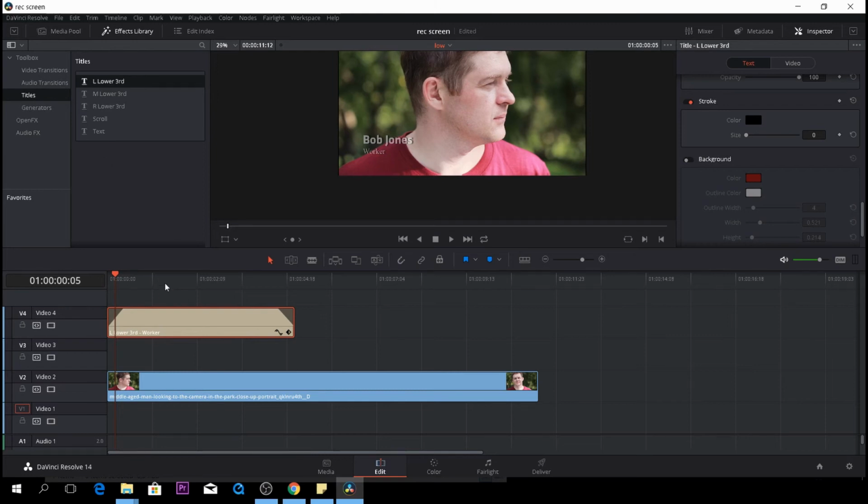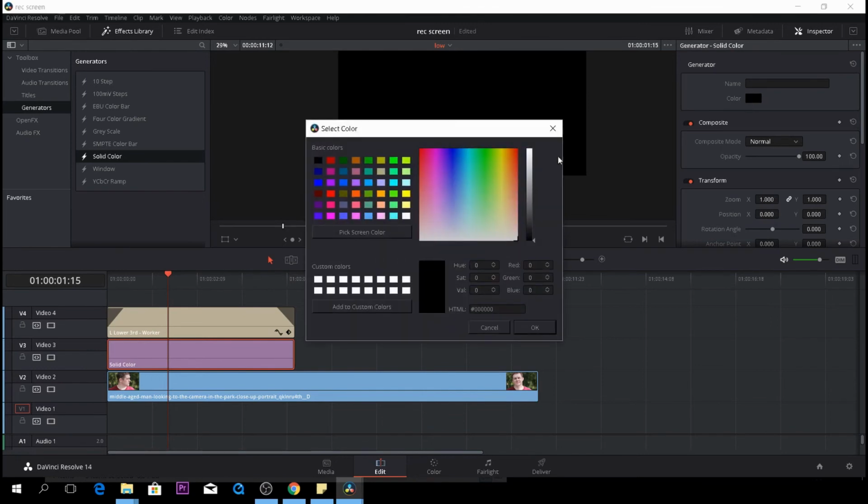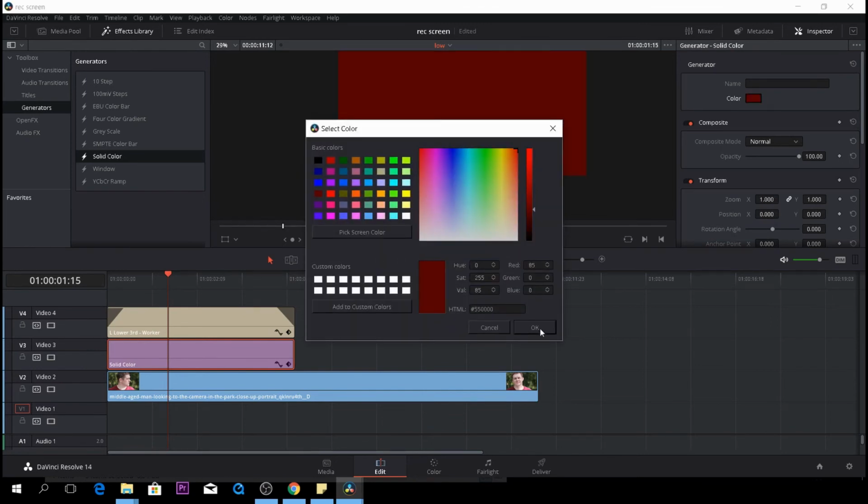So let's go to our effects library, and let's go to the generators and take a solid color, and there we are. Drag that down, and let's change the solid color to take the red one again. Okay,